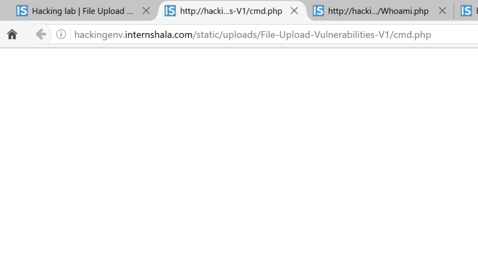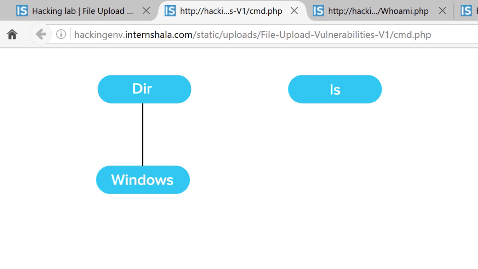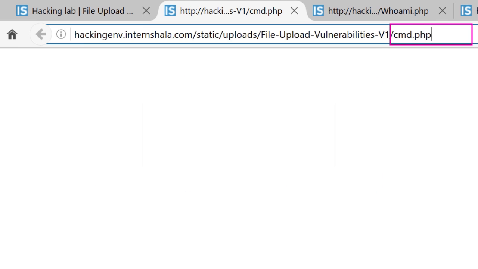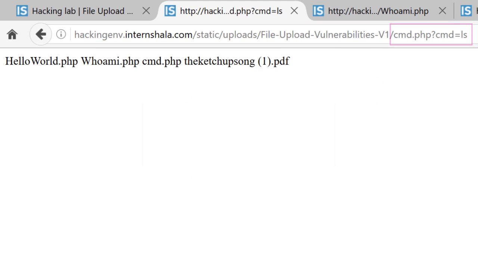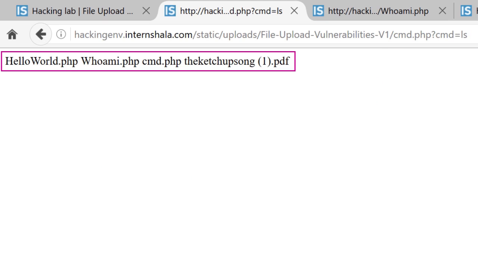As you can see in the URL, we can now insert our command as a GET parameter. Now here, we can use either of these commands to identify the type of server. These commands let us see if the server is Windows or Linux based. dir is for Windows and ls is for Linux. Now pass the ls command. As you can see, we get some files here. This means that the server is Linux based.